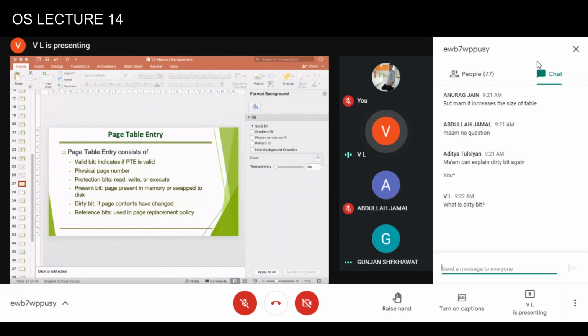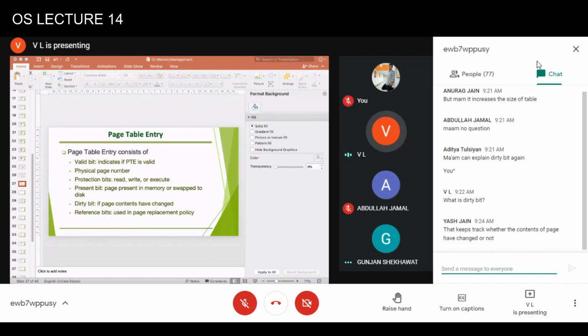And let's say this process exits, so the pages which have been marked with the dirty bit will be saved back to the hard disk. For example, you are opening Microsoft Word and creating a file. That file is the data of the Microsoft Word program. And naturally, when you're writing the file, when you're changing the content of the file, you are actually making changes to those pages, which are the data pages of this program.